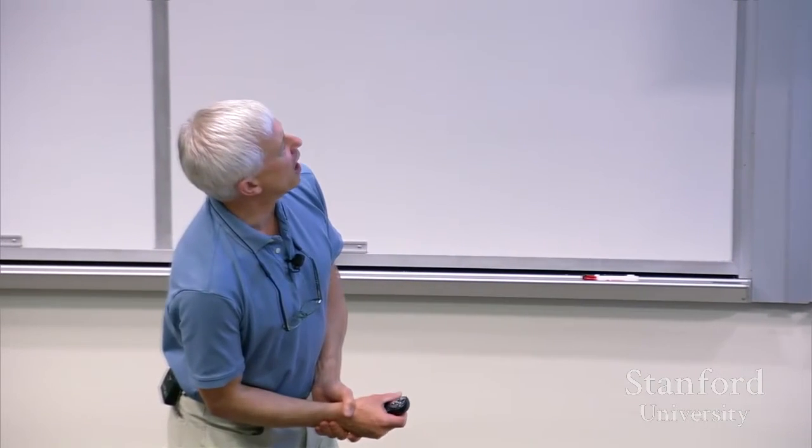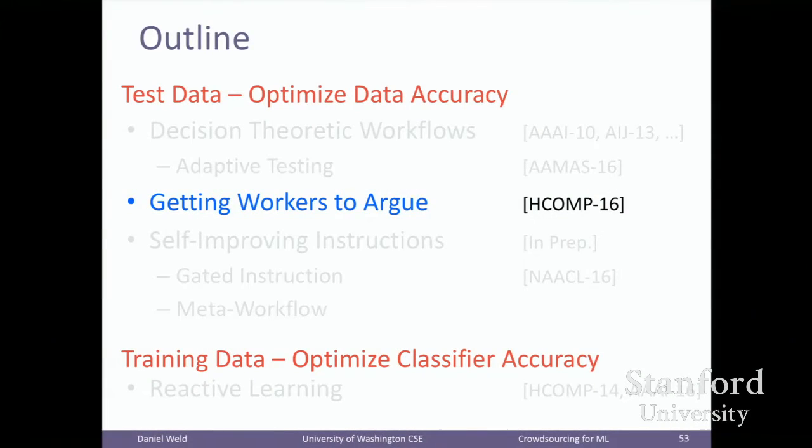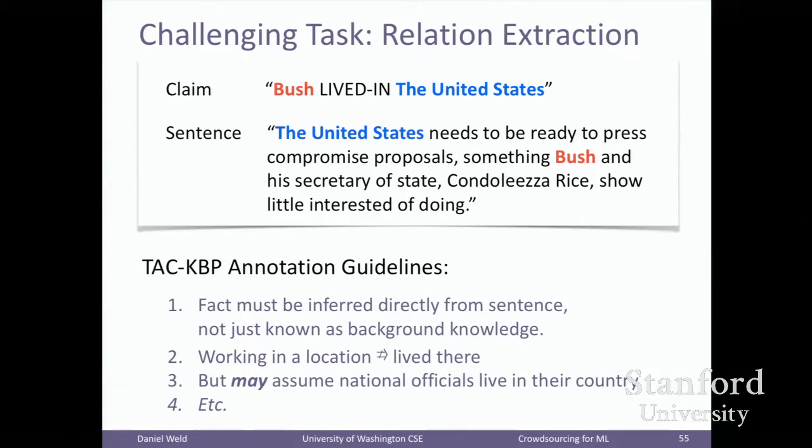Okay, so that's one method. Now I want to switch to something completely different, and that is getting workers to argue with each other. So I'm going to introduce a task, a relation annotation task, and I need to tell you a little bit about the task because it's actually a really hard task, and it doesn't sound that hard, but